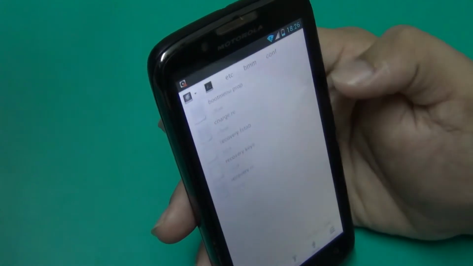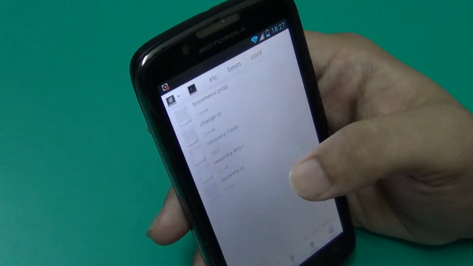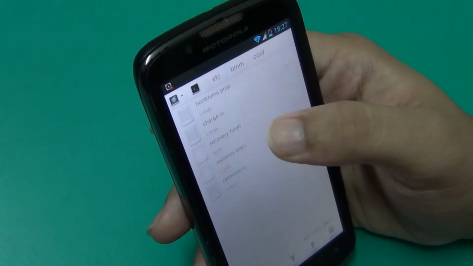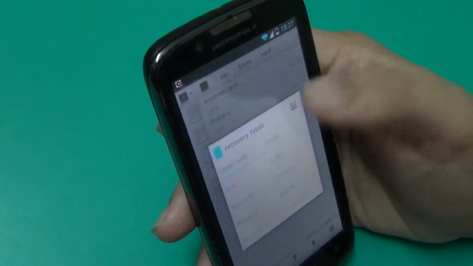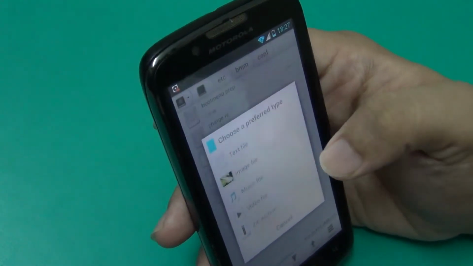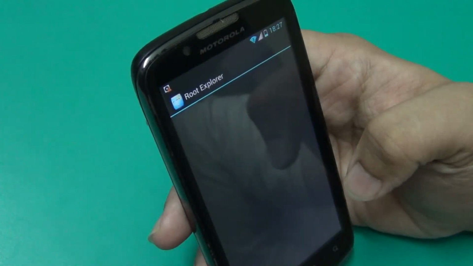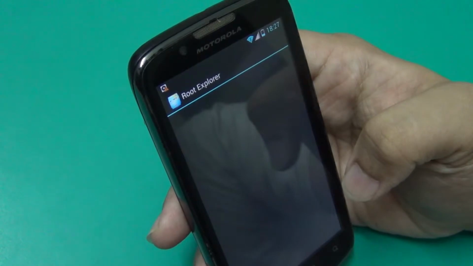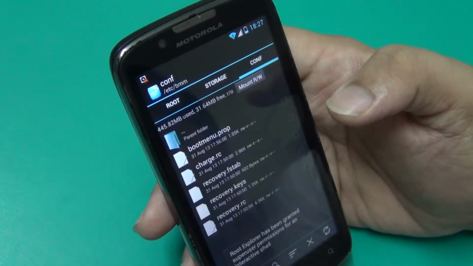In that, open the configuration folder, and here you can see the recovery tab. Open with. If you open it in root explorer, then it is better.